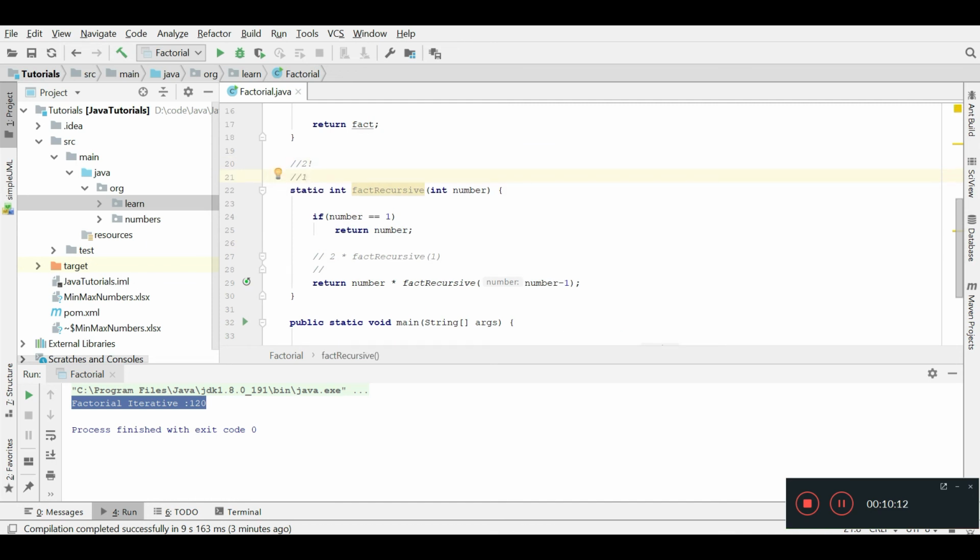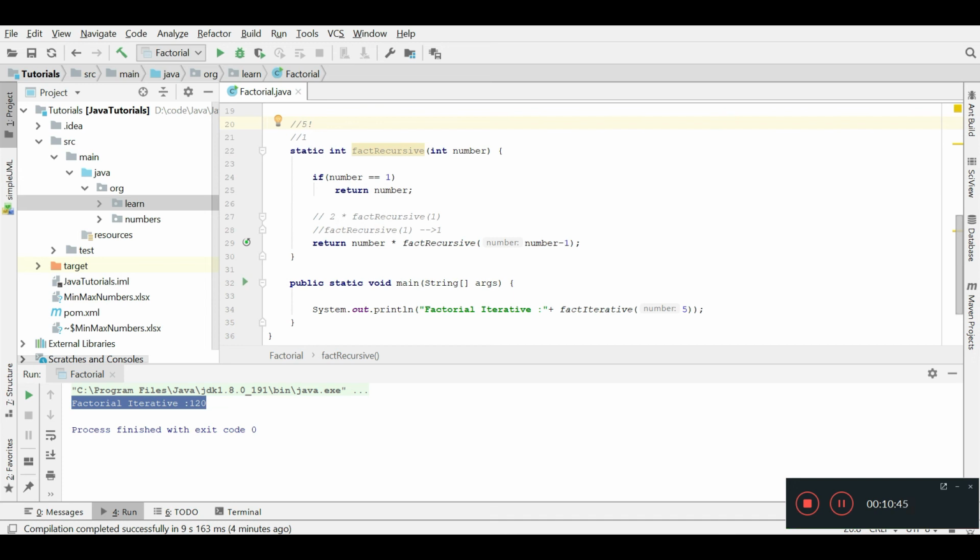Here 1 equals 1, so it will return 1. So fact recursive of 1 returns 1, and it will replace that here. Ultimately 2 factorial will return 2. Similarly, we can find the factorial of any bigger number, 100, 200, 10, whatever we want.